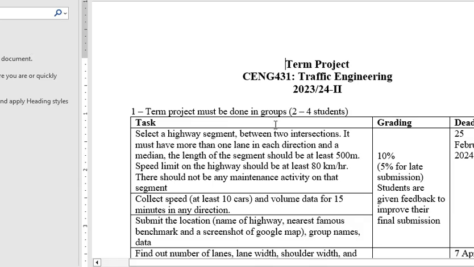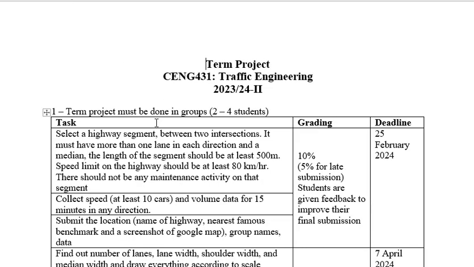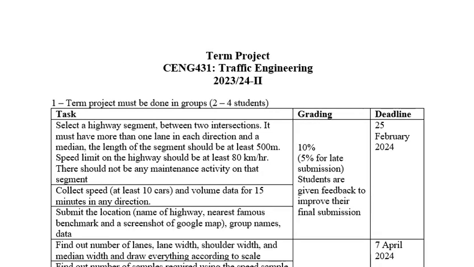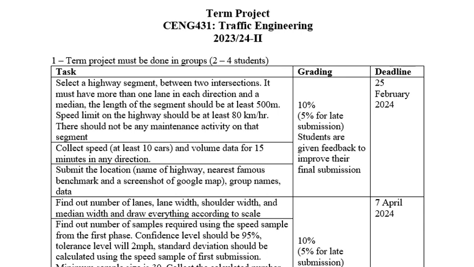Moving on to the term project. Okay, so the term project will continue throughout the semester. First thing you need to do is make a group. Your group can be at most 4 members. You cannot do it alone, and you cannot be more than 4. If you are 5, I will ask you to make 2 groups, 2 and 3. Okay, so don't ask me about the number of members. You can make groups with other sections as well.